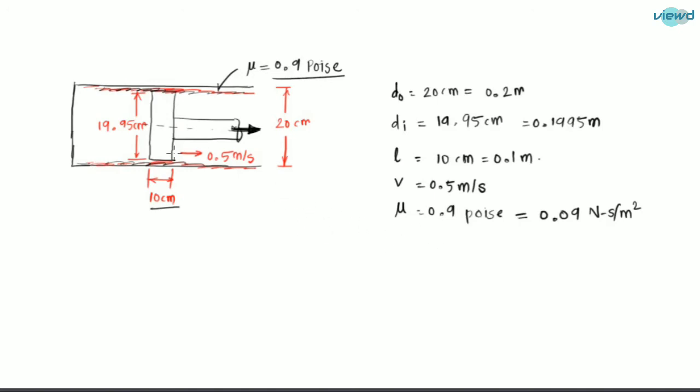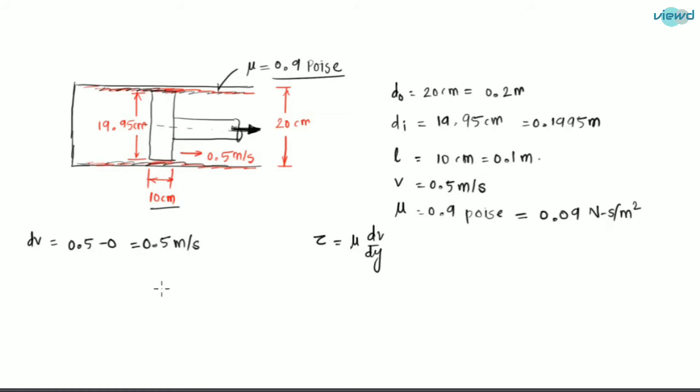And we need to find what is the force that is applied on the piston. So tau is equal to mu into dV by dy. First let us find the shear stress. We know velocity dV is equal to, the cylinder is stationary, so it is 0.5 minus 0, which is 0.5